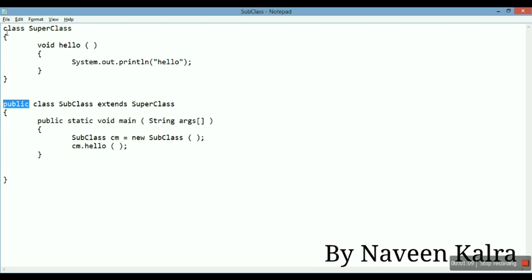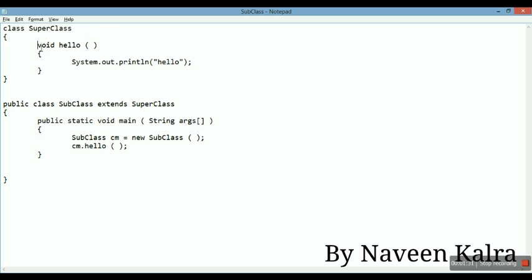If we make any class public, then that class name and the file name should be the same. If we make two classes public, the compiler will be confused about what to keep in the file name. So there can only be one public class, and in this program we have made this superclass.